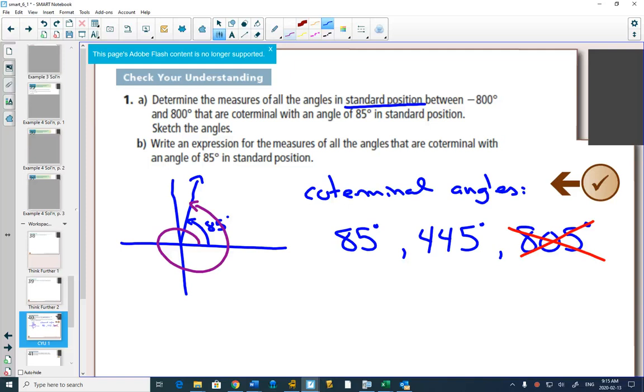Going around in the negative direction, I could figure out this one by subtracting 360 degrees from 85. And if I subtract 360 degrees from 85, I would get negative 275 degrees. That would be the red one. And if I subtracted 360 again from that one,